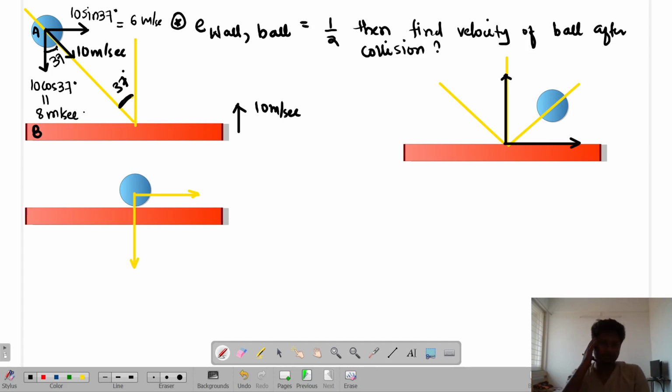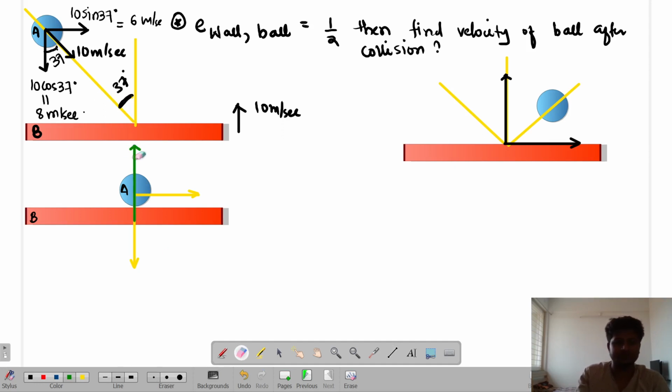Now look over here. When the bodies are colliding, there are two things. One is line of impact and one is line of motion, isn't it? Which is my line of impact? When this body appeared over here, this is B, this is A. So where is my line of impact? Try to understand. Many people will think that the line of impact is this, but the answer is not true. The line of impact is still vertical because one of the bodies, the big wall, is vertical.